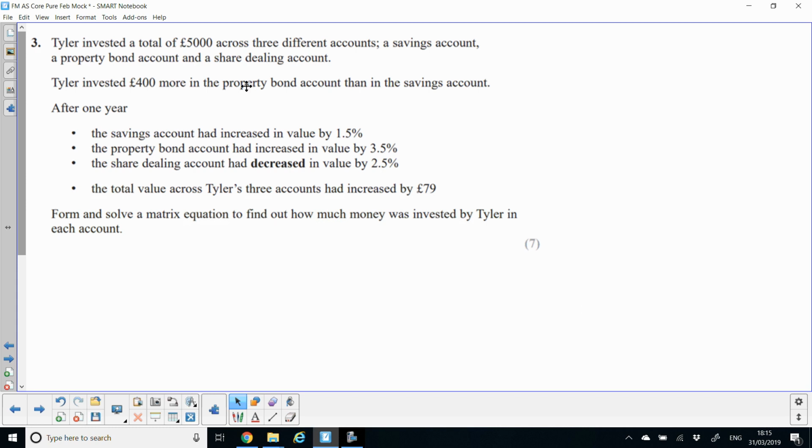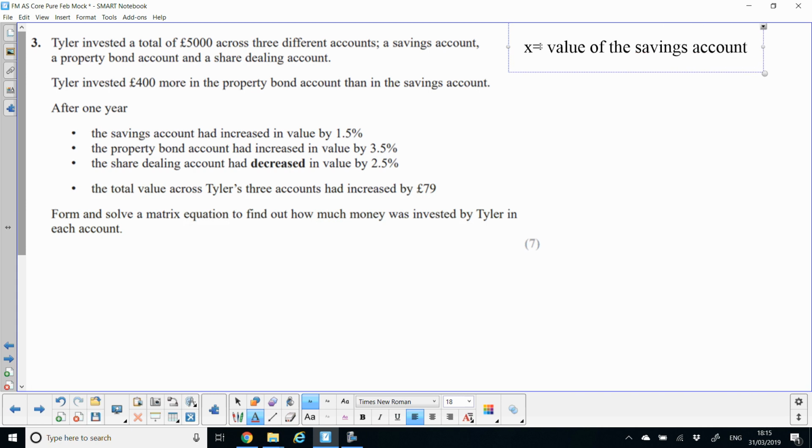Right. So with this matrix question, we've got to solve some equations in context. One of the things people fall down on, and lose marks for, is not putting their answers in context, and not saying what variables they're using. With all of the mark schemes we've seen, the first thing you need to do is define your variables. So I'm going to have x is the value of the savings account,